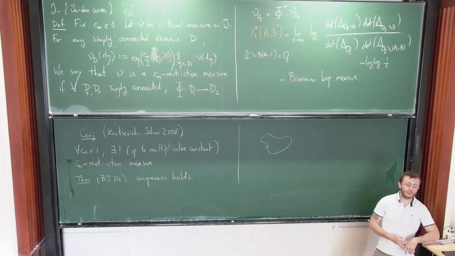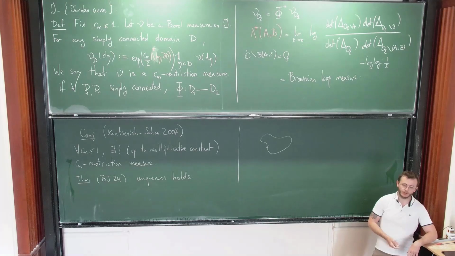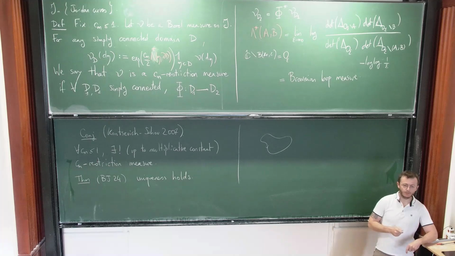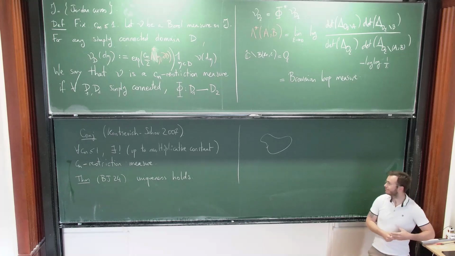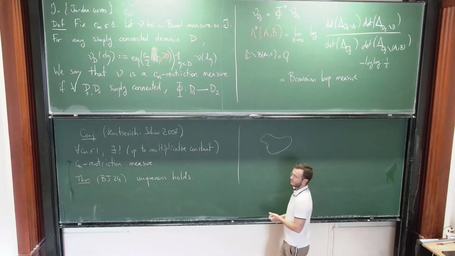And this one, you can show that it will also satisfy the same Cm restriction measure, and you can use that to obtain a three-line derivation of this duality between SLE 16 over kappa and SLE kappa. So maybe that's, I don't know if this is convincing, but